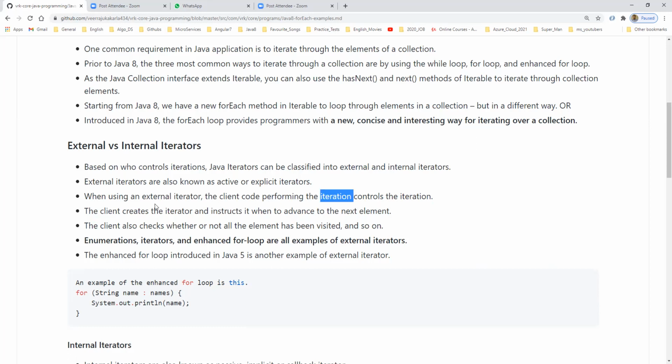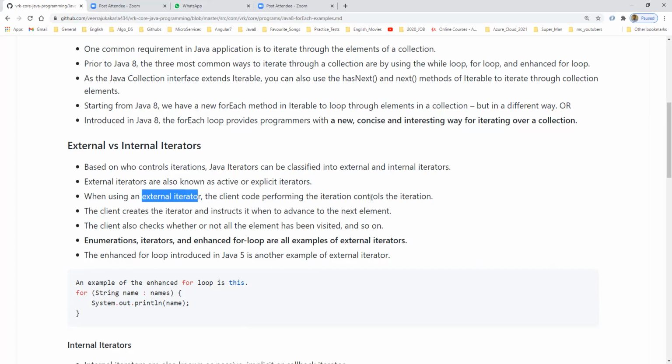When we are using an external iterator, we can control each and every iteration, which means we can provide condition checks while traversing the data.